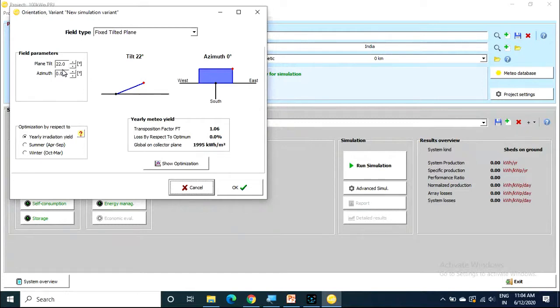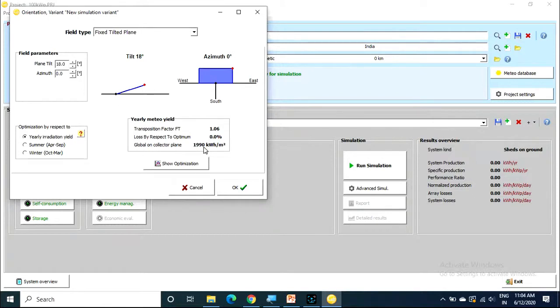So you can choose 18 degrees and you can vary this below and above. If you are increasing the angle above 18 degrees, first I will see. First I will enter the latitude of Warangal location, that is 18 degrees.